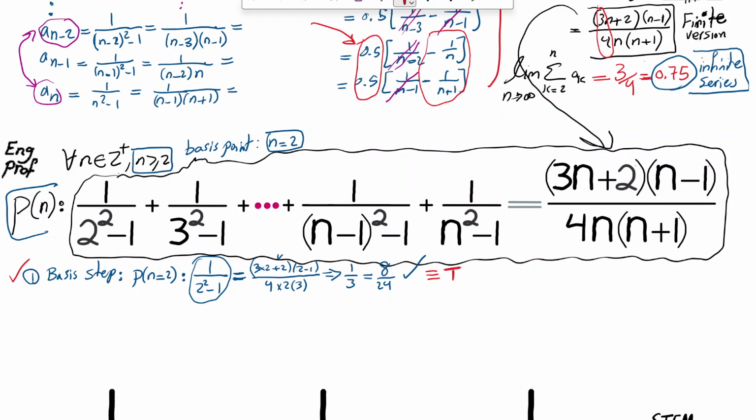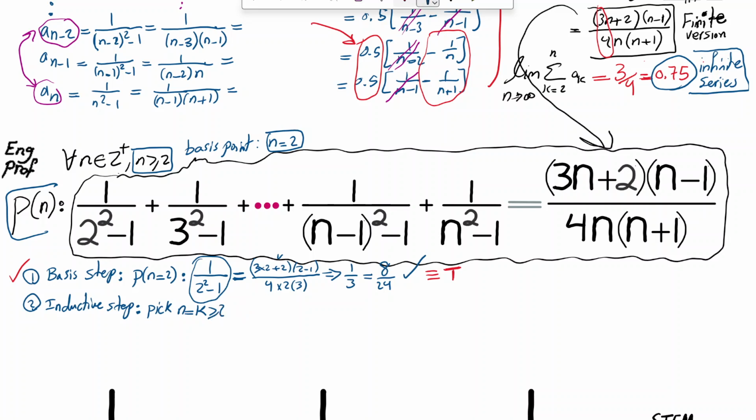That is true. For the inductive step, so the next step in mathematical induction is the inductive step. In the inductive step, we are going to assume that the stated predicate, which is this theorem, is going to be true for n equal to k. So we say pick n equal to k, where k is greater than or equal to 2,